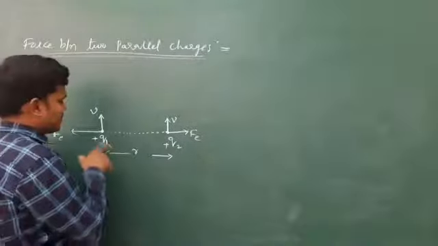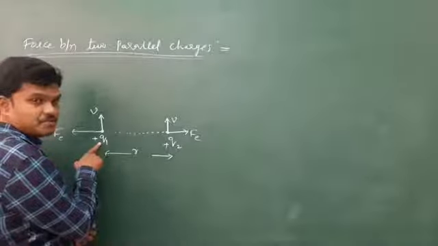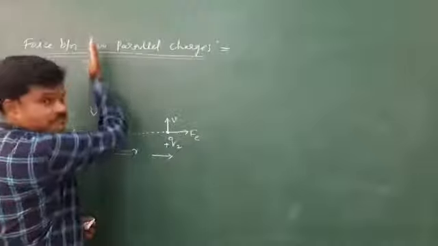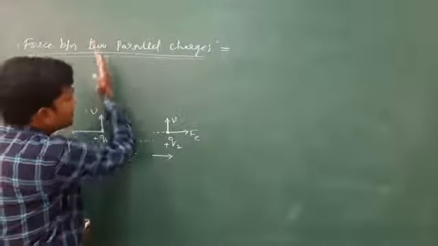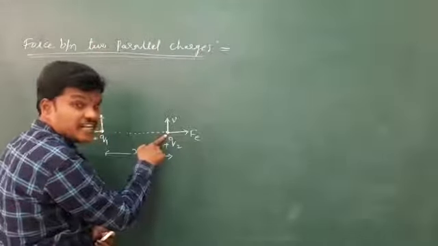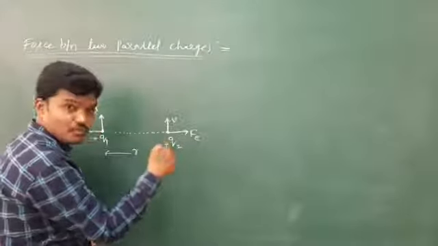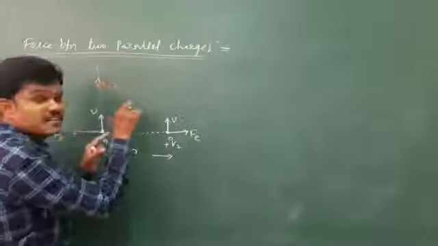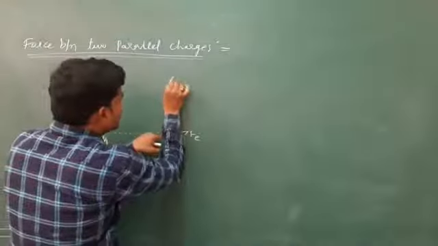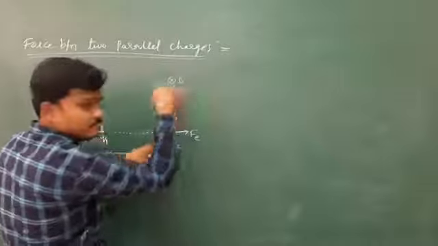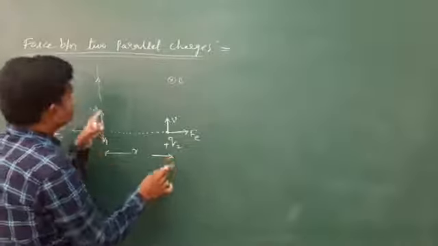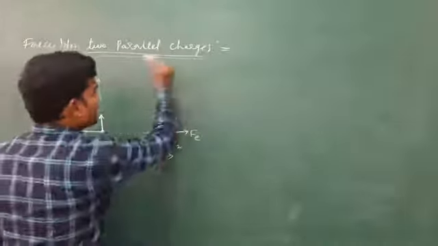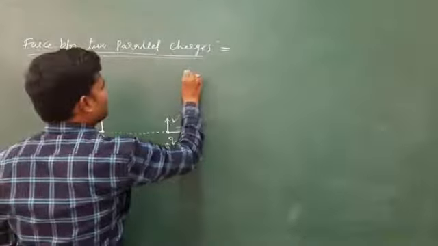Here, due to this charge, here the charge is moving in this direction, nothing but a current. Due to this current at this point, what is the direction of the magnetic field? Into the board. You feel that this is like a something wire. You feel like that to understand the direction of the field. At this point, direction of field is into the board at a distance of R. This is some straight wire. You feel like that. Otherwise, use Biot-Savart's law. So here, the magnetic field